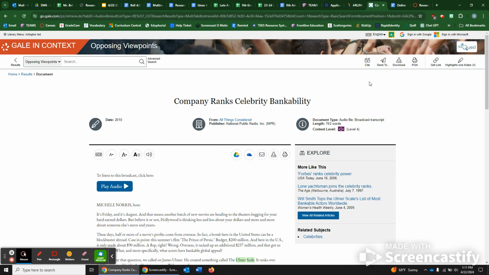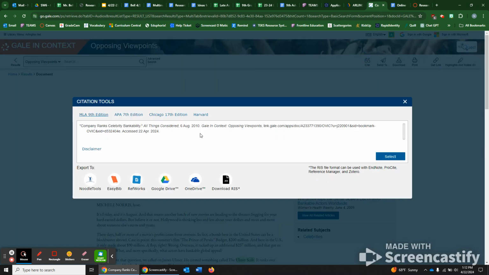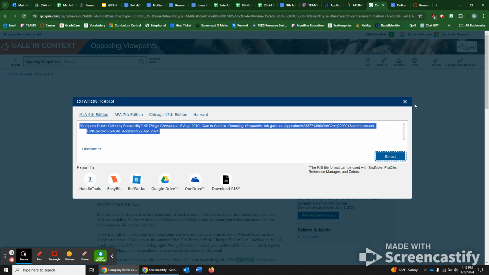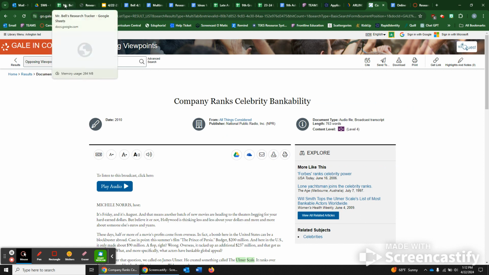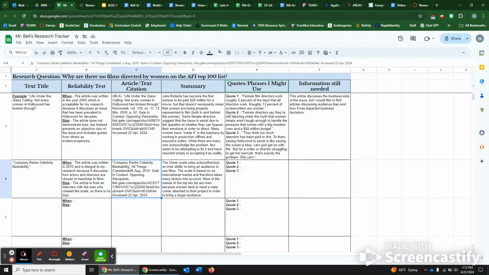Remember, up here at the top of most of these, it'll give you something that says cite. Just click on that. We're looking for MLA. And once I've got it, I'm going to select, copy it, and that is what I put in here under the citation. I also put the title. I said the article was written in 2010, which is